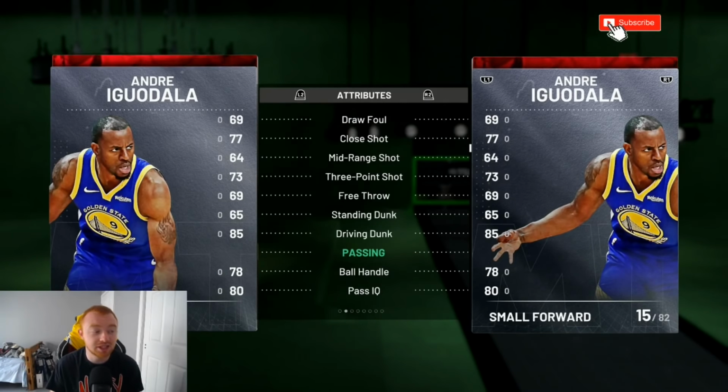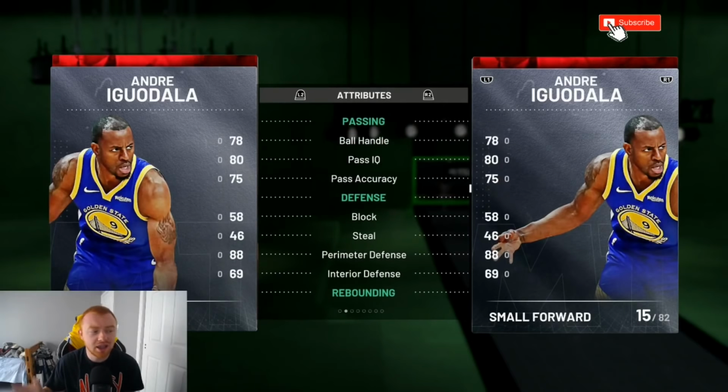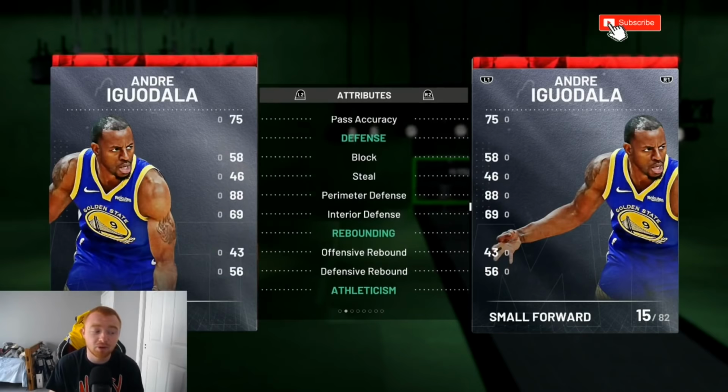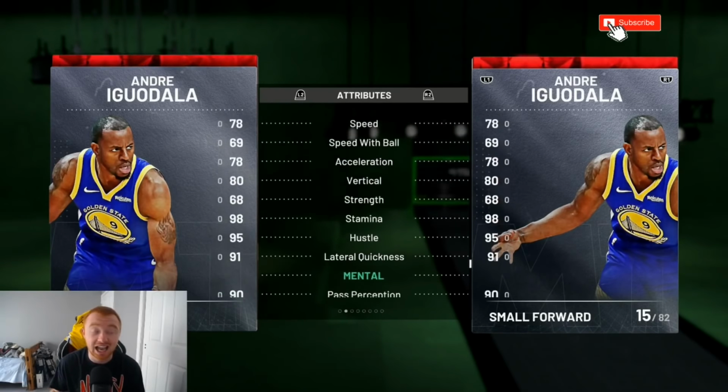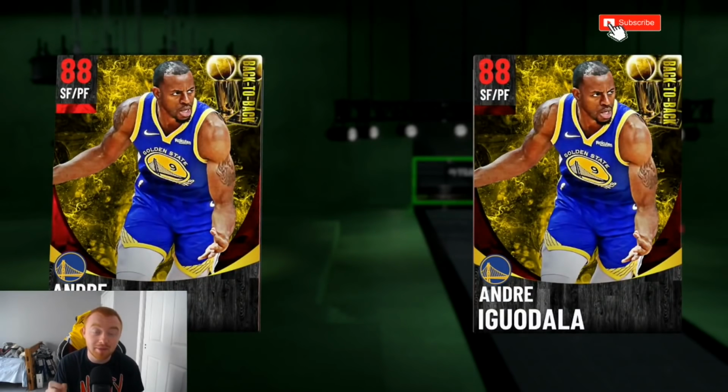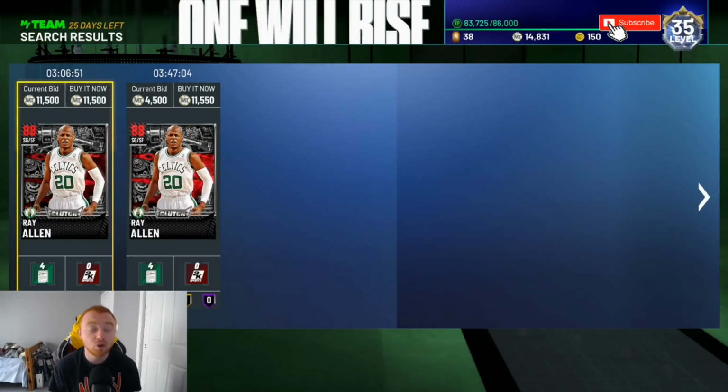And he also comes with an 85 driving dunk. Ball handling, passing is pretty decent. And then outside of that, like I said, an 88 perimeter defense, 78 speed, and 91 lateral quickness. Like I said, it's all about defense with my man Iggy, and he will shut people down. Next player I do want to talk about is going to be Ruby Ray Allen,